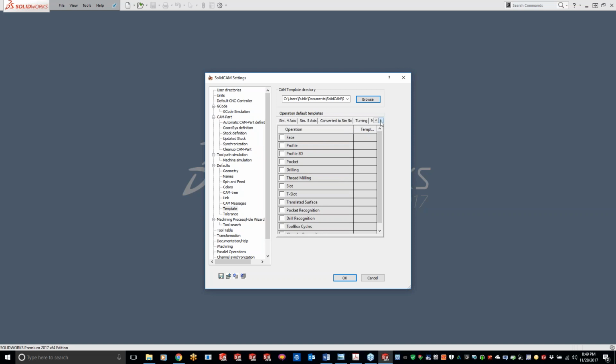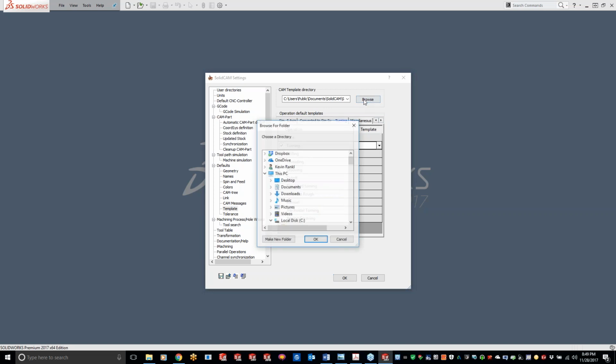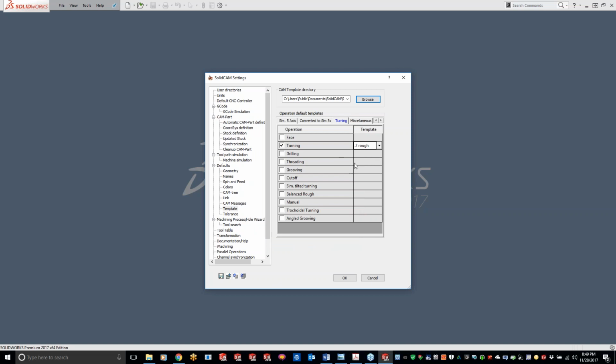Now, turning, it's not there. Default. Have to go one more step. Oh, there it is. Okay. So now, sorry about that, guys. When I do a new turning operation, it's automatically going to default to my 0.2 in both X and Z. So if I do OK here,